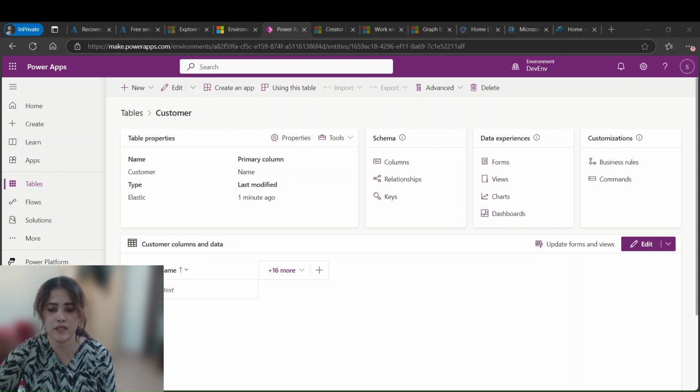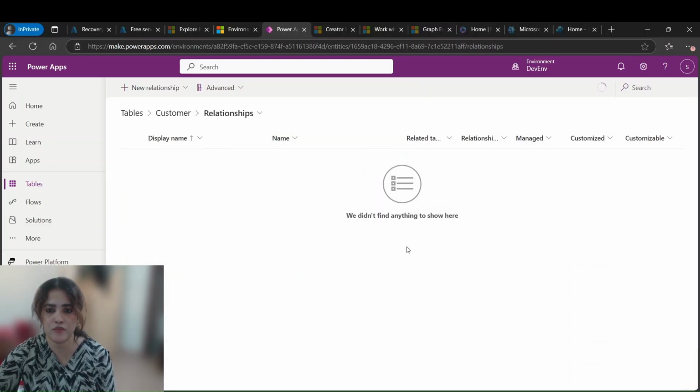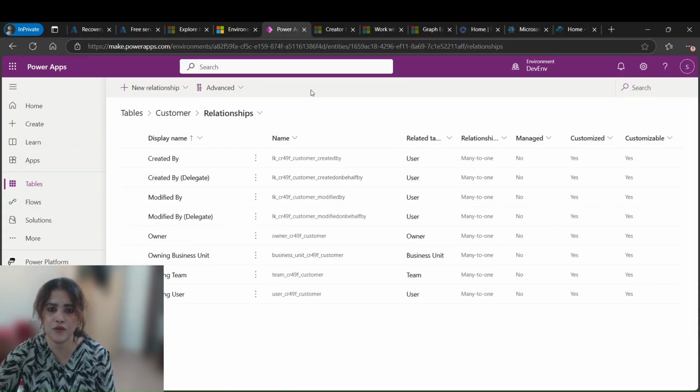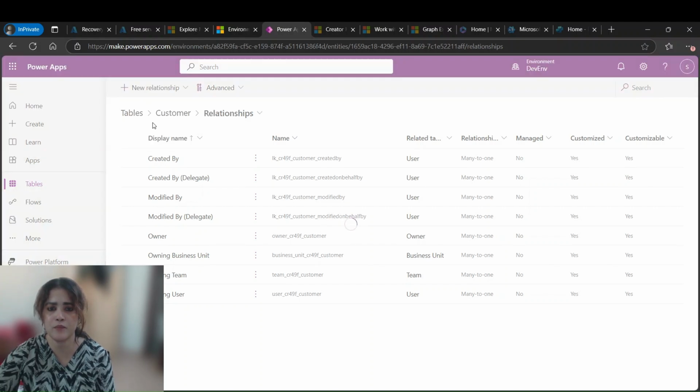Here I will just show you how to create that. Now just click on relationships. We are not having any relationship with the customer table. This would be a many to one relationship. Now I am going to create a new relationship between the products table and this customer table. So how can you create it? Many to one or one to many. Many to many we cannot create here. Now, one to many, if I am creating